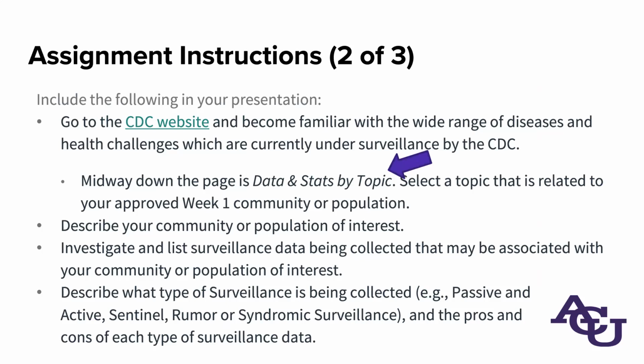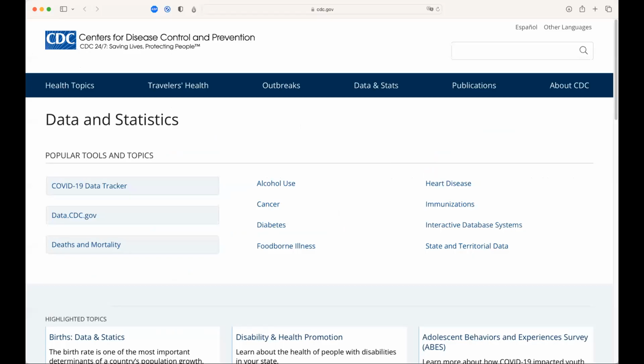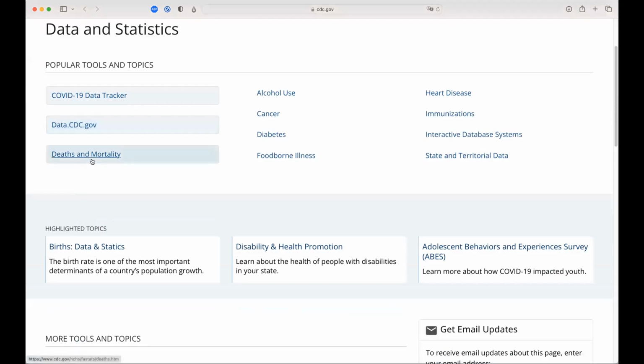So let me go ahead and switch my web browser to that. And so this is a landing page, meaning it's a gateway to their different data sets and databases. So for example, we have this interactive database systems. We have things like the COVID tracker, data.cdc.gov,